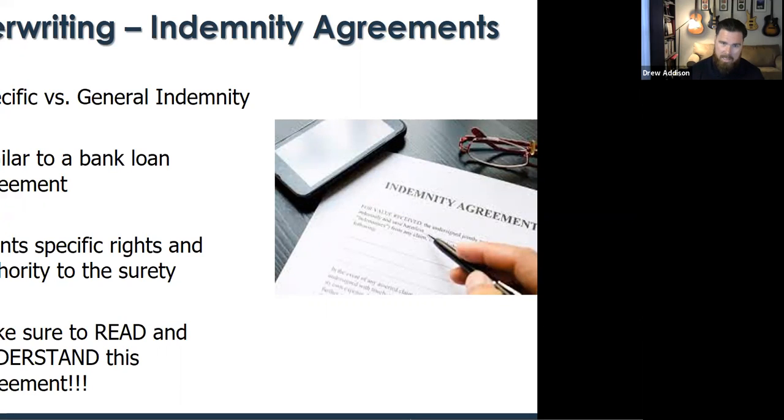Texas is a homestead state, and with an indemnity agreement, a majority of the time your personal indemnification is on the table, and that's common. That is the status quo for where a surety program starts. What that means, with Texas being a homestead state, is that your home is safe, your 401k is safe, but everything else is on the table for liquidation. If there's a default, the surety company is going to go after the company's financials, and if there's not enough there, they'll want to recoup out of your personal financials. So make sure you're very aware of what this says, right?